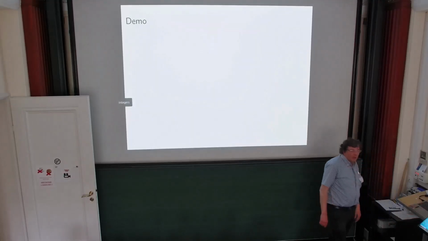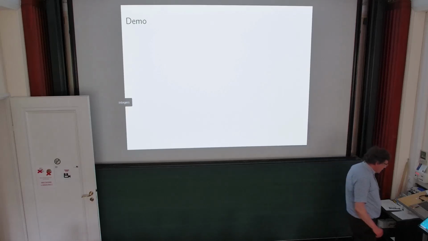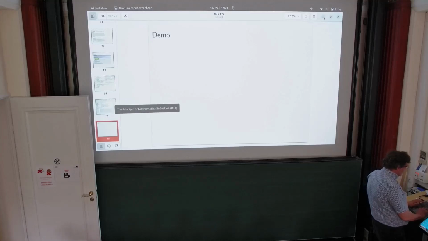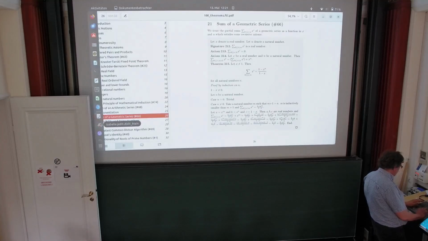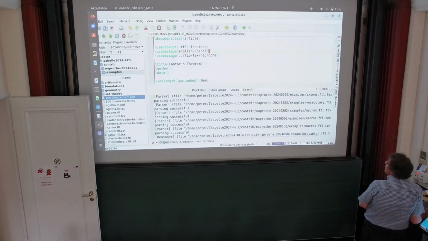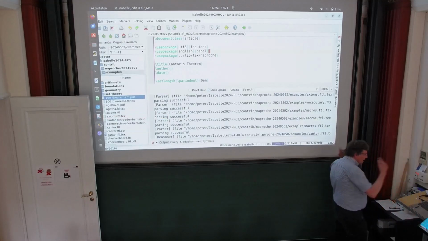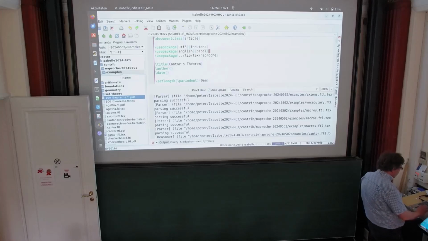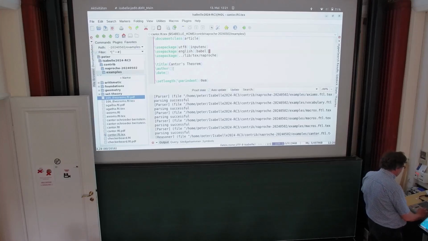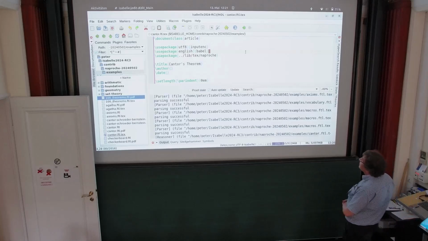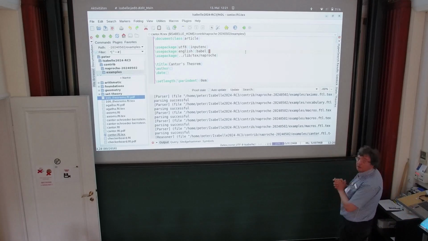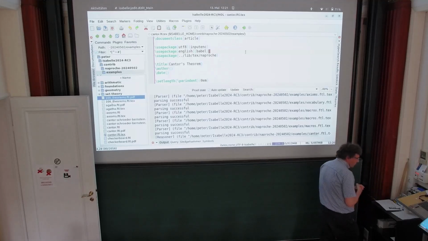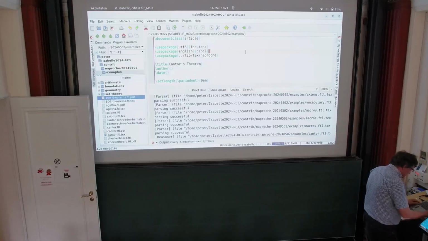Okay, I now would like to demo that to you, and let's see how this works. I have this little problem that somehow the mirroring of the screens doesn't quite fit, but hopefully I can reduce the font size a little bit so that I can get more on the screen.